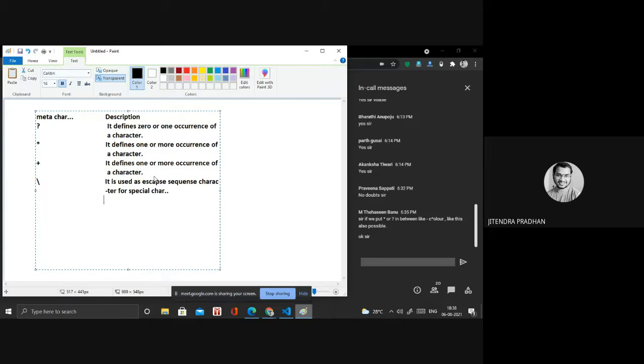If you write a country code for a mobile number, for India the mobile number starts with 91, and the plus sign is not allowed as is. So you have to write it using the escape sequence character, the backslash before the plus. So that is used as the escape sequence character.